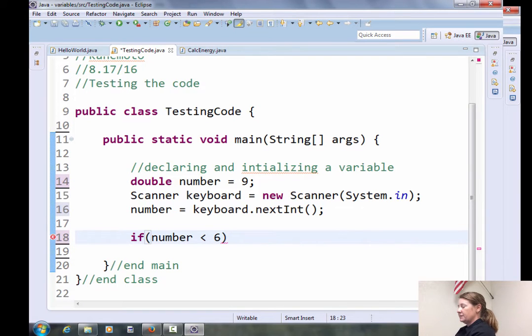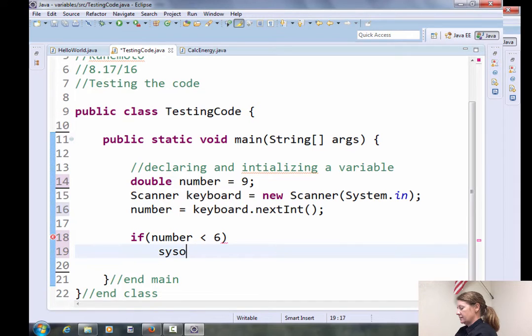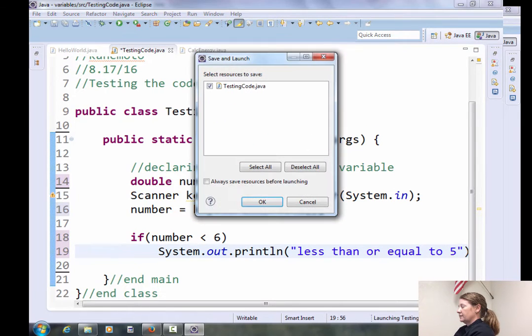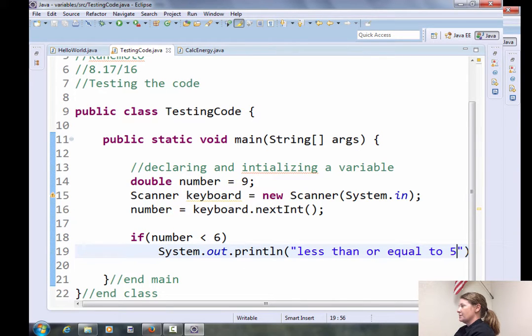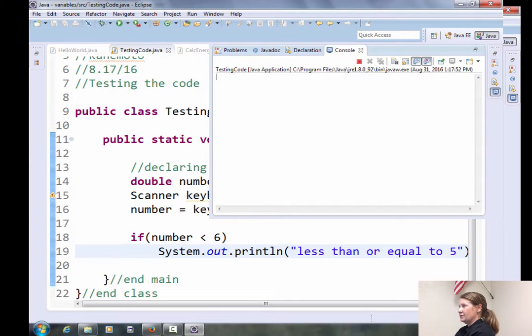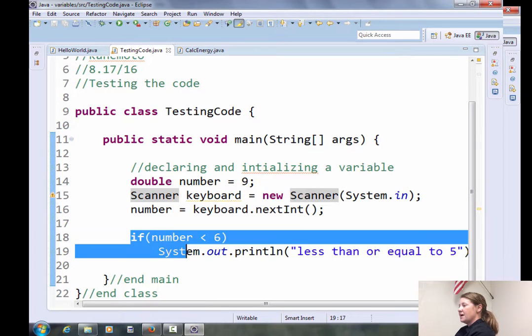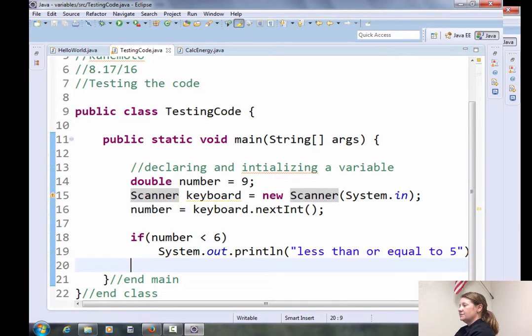Now, of course, you would have to do something after this if statement. So we could say less than or equal to 5. And just to show you how this works, we have not written a program in here that doesn't have any output. So remember, if you don't have any output, you have to open up your console yourself, or output in the beginning of our program. All right. Is that kind of clear? If statement, pretty easy. And this leads actually to the next slide. You can have an if statement without an else part.